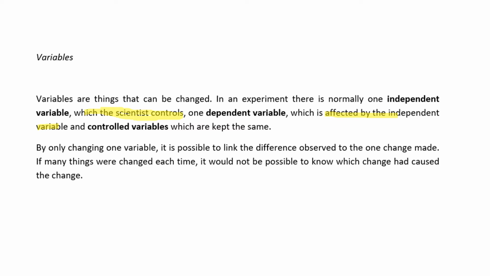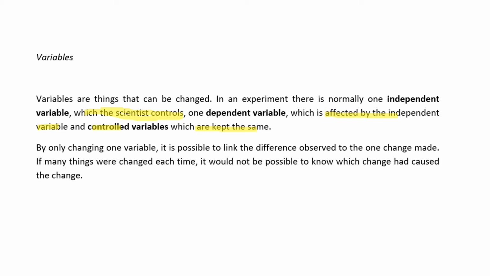And then there are also controlled variables, which are kept the same. By only changing one variable, it is possible to link the difference observed to the one change made. So if we only change one thing, then the effect that we can see must be linked to the thing that we changed. But if we were changing many things every time, it would not be possible to know what